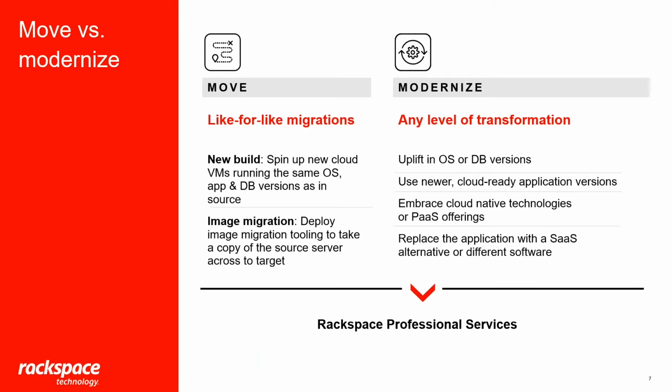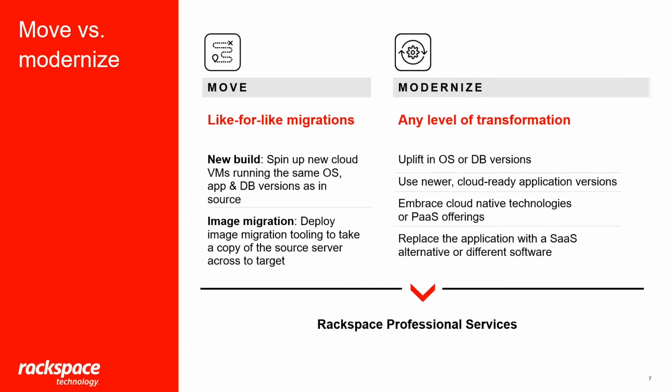Moving is pretty much what the word says. It's like for like migrations. You have an application in your source environment, you will have the exact same application on your target, with the only difference being your VMs running on a new infrastructure. There are 2 different approaches here: the new build and the image migration. By new build, we mean you're rebuilding your infrastructure on the cloud, on your selected clouds. You're spinning up new VMs, and there you deploy the same operating system, same database version, and same application version